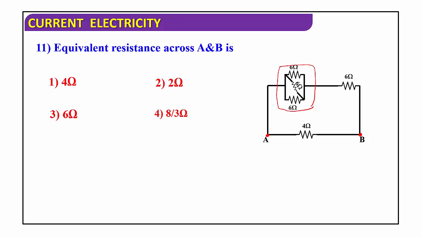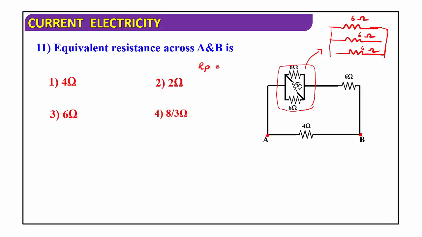Right? So this diagram can also be drawn like this. You can observe, this is the first network, 6 ohm. The second network is also 6 ohm. The third one is also 6 ohm resistance. They are connected like this, so I redrew the diagram here. They are connected in parallel combination, so we can easily find their Rp value. Here I am going to solve resistors connected in parallel combination.